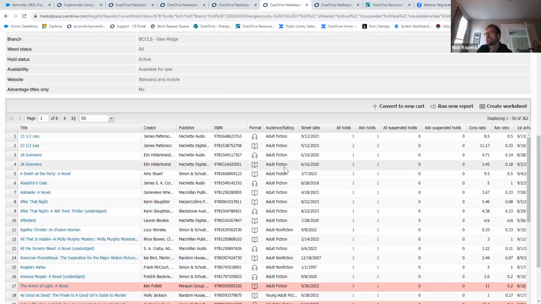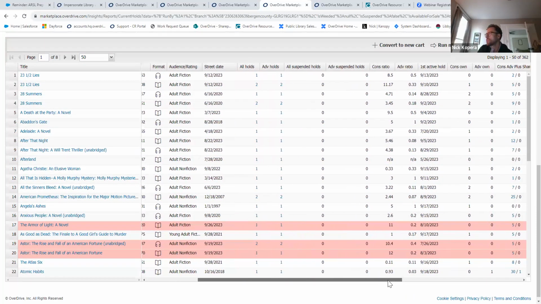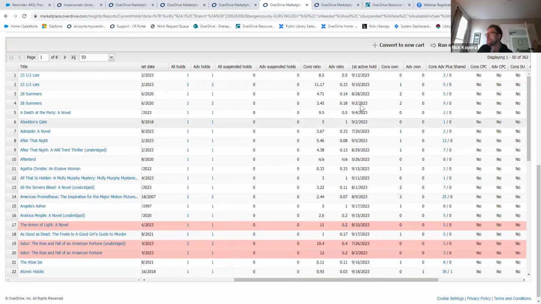And then it's actually going to show me all of the titles that are on hold with the information in terms of amount of holds, when the first hold was placed, if there's ownership of these titles, whether or not that's in the shared collection or Advantage. So anytime you see the abbreviation CONS, that refers to consortium, or really the shared collection of titles that you have for Buckles. This will also show Advantage plus shared